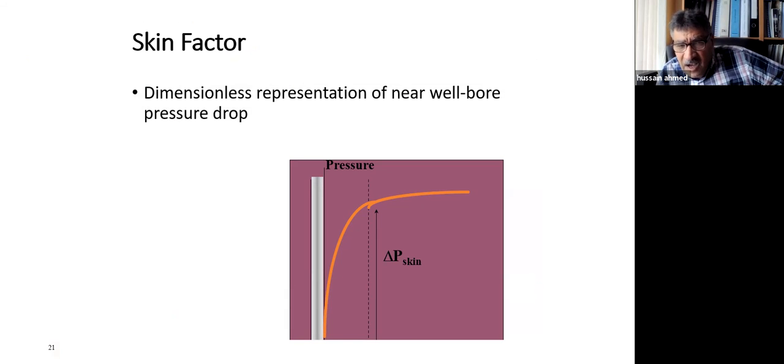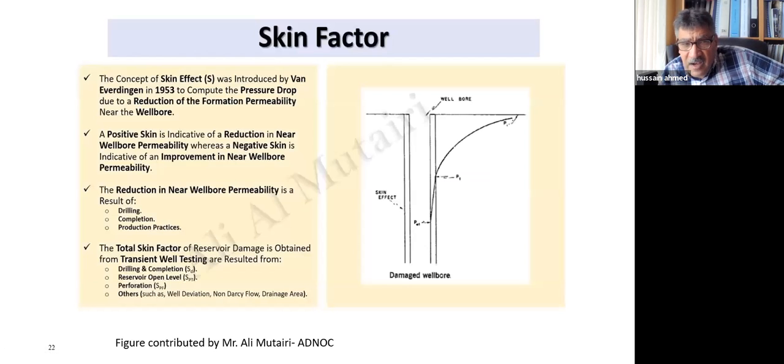A skin factor is a dimensionless factor to tell you the productivity and the health of the well. I'm going to finish in a minute. As well as the delta P skin, that's what you lose. I wish I had delta P skin equal to 0. I wish. Because that will save my money. The larger the delta P skin, the more I'm losing my money, because it will be a barrier to stop production, and I lose a huge amount of pressure in a very short distance from the wellbore. And that's not good. That's why I don't like the skin factor.